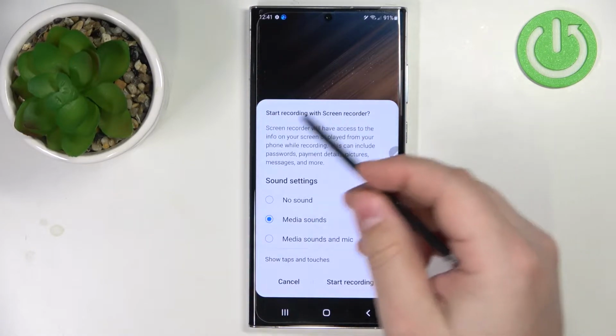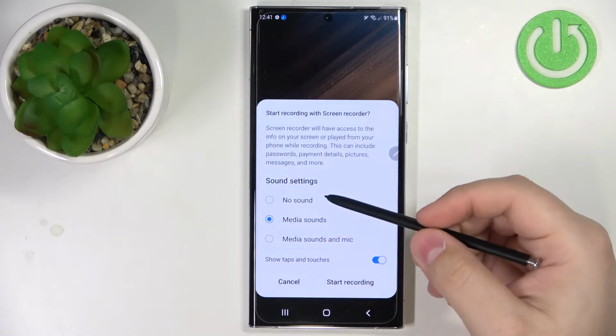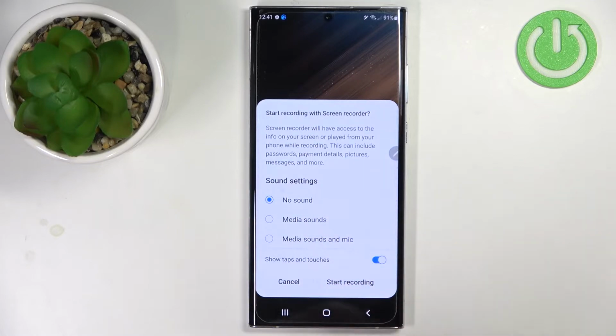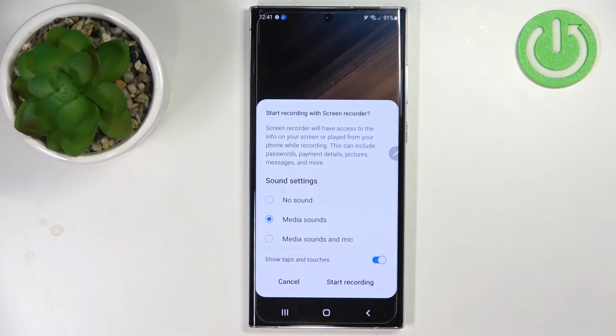You'll see this menu. Here you can customize the recording before you start recording, and you have sound settings. Basically, you can select no sound. If you select this option, there will be no sound on your recording. If you select media sounds, there will be sound from the phone. So basically, anything that is played on your phone, like music, videos, and stuff like that, there will be sound